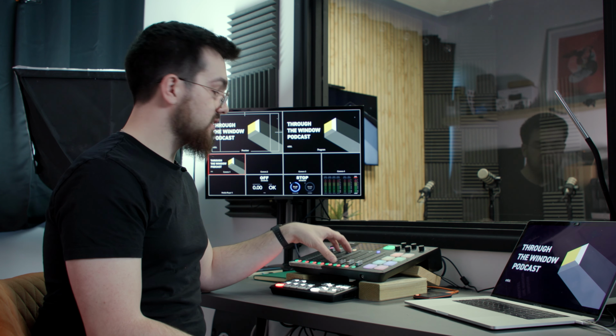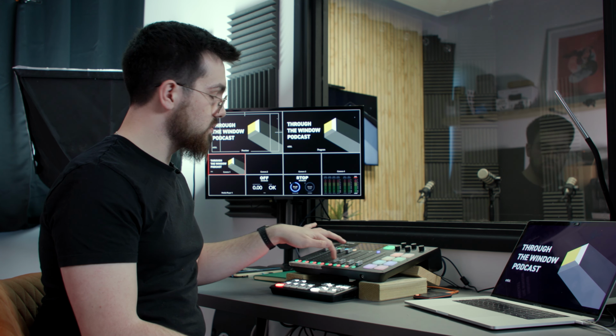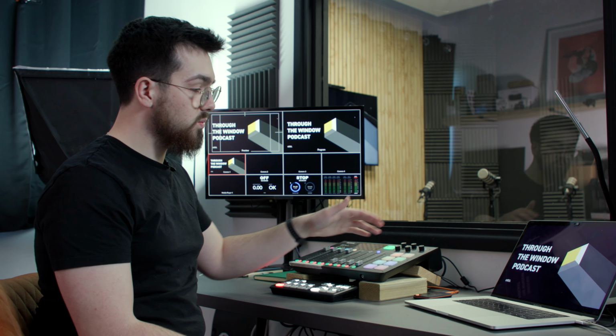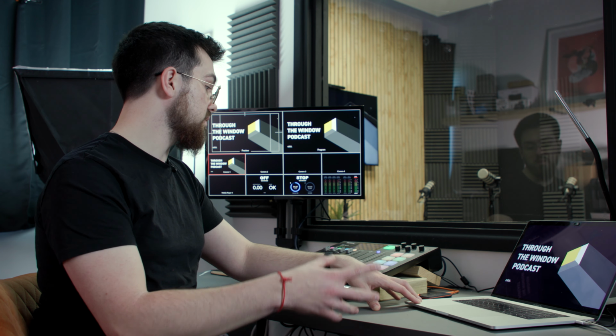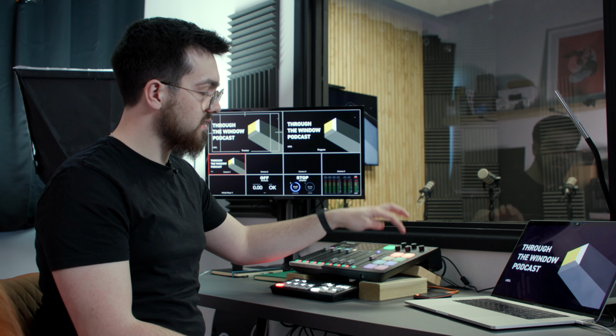So in terms of functionality on the board, we've got 4 microphone inputs, which are the 4 microphones on the desk. We then also have a USB connection level, which we can just control there. A smartphone one, which we sometimes do plug into the laptop if we ever want to bring a video into the podcast. You've also got a Bluetooth feed, so you can have people call into the podcast as well. And then you've got all your sound effects, which are very textbook, but we never use,